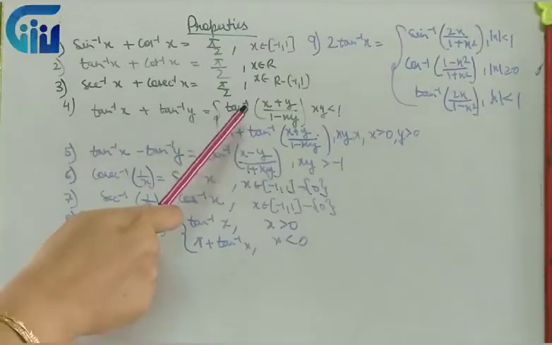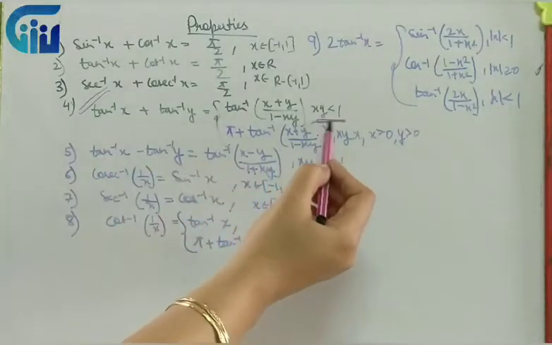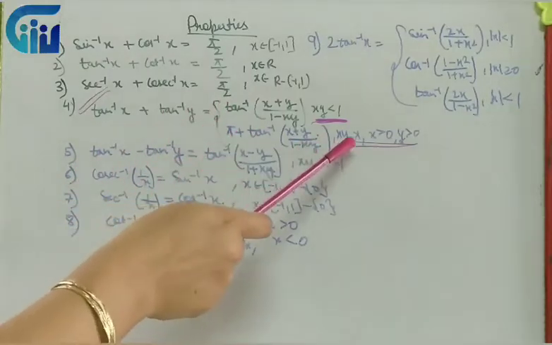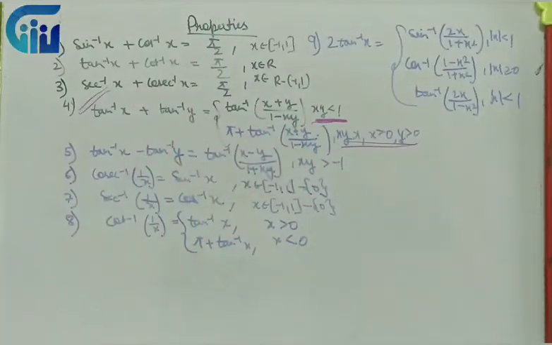Similarly, for tan inverse, these are the two formulas, very very important formulas for tan inverse. This condition is very very important. So when we have xy less than 1, we have tan inverse of x plus y upon 1 minus xy. You can see it clearly. It has been derived from the formula tan a plus b. Similarly, if xy is greater than 1, then we have pi plus tan inverse of x plus y upon 1 minus xy. These are the only formulas that we have to remember. There are many formulas of inverse, but for CBSE class 12, you only have to remember these particular formulas, right? Next, for tan inverse x minus tan inverse y, the same formula, x minus y upon 1 plus xy, with this condition, xy greater than minus 1.